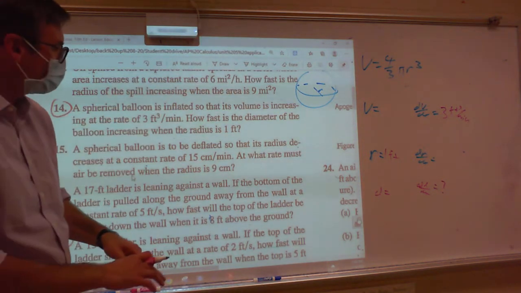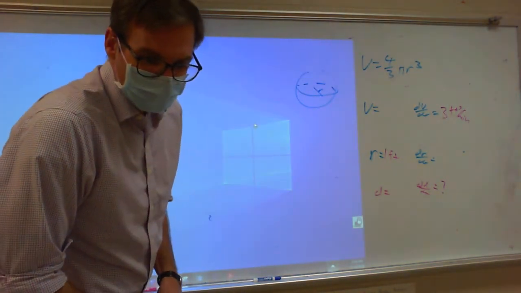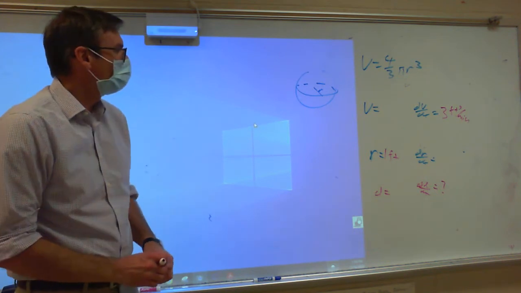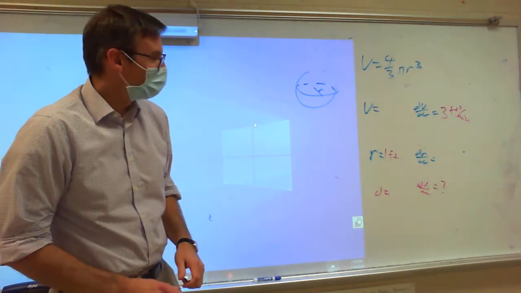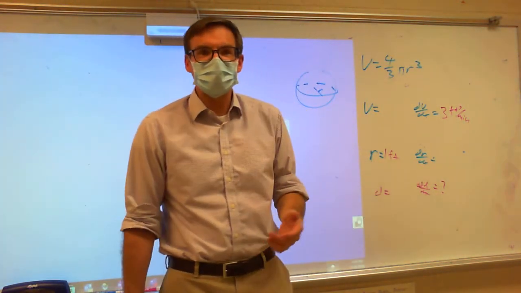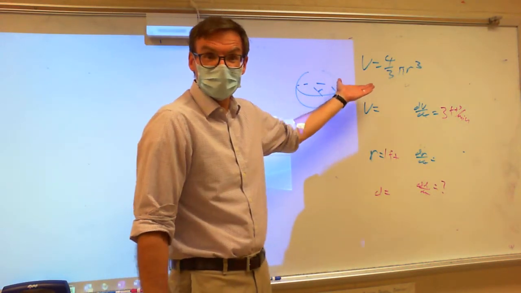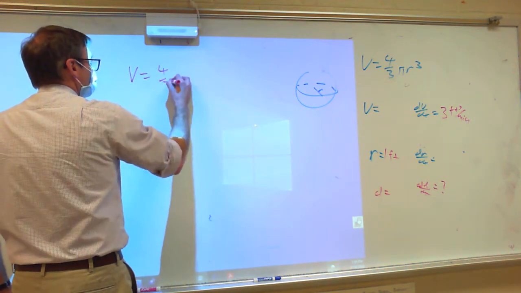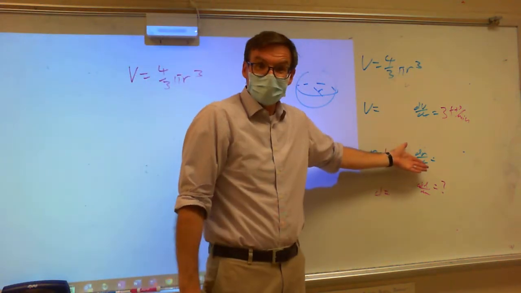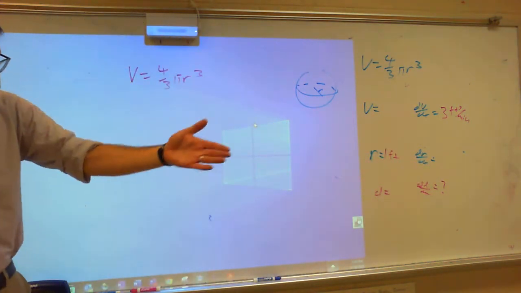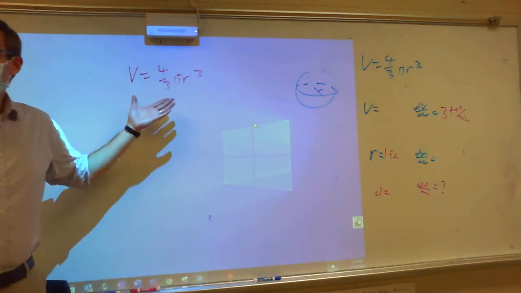I've gotten all my information. I need some room to write, so I'm going to minimize this. So what do I need to do? At this point, do I have an equation that relates V and r? What's the equation that relates V and r? V equals 4/3 pi r cubed. I need something that has dV/dt and dr/dt. So I've got an equation that relates V and r. I need to take the